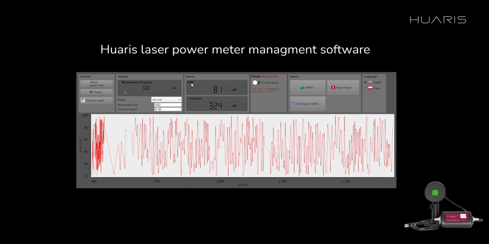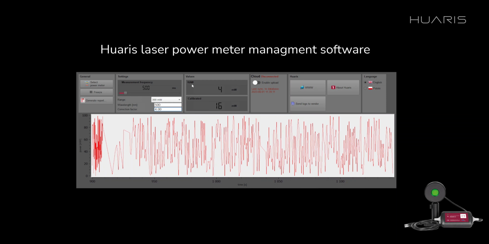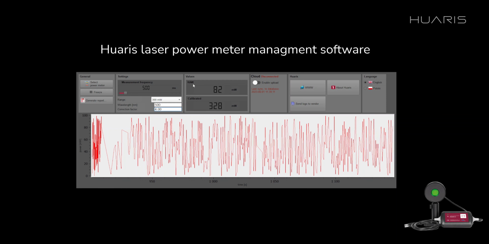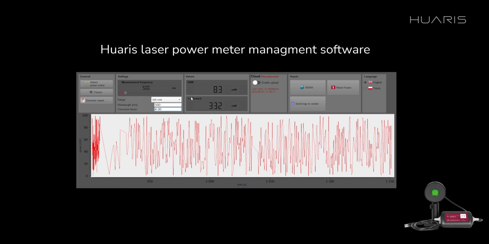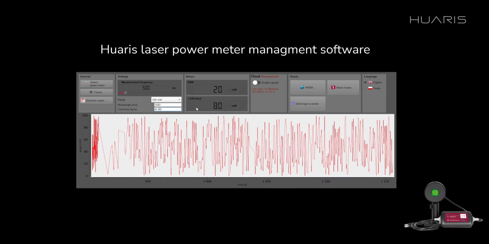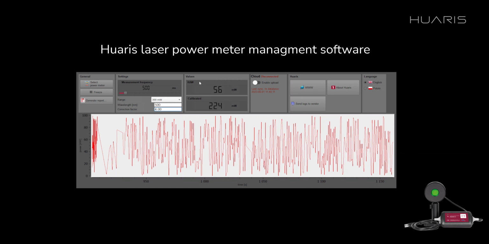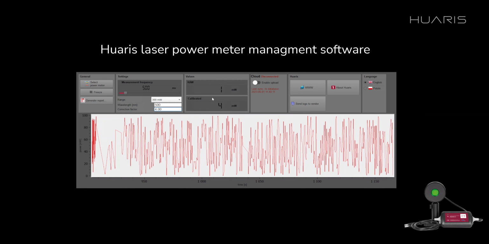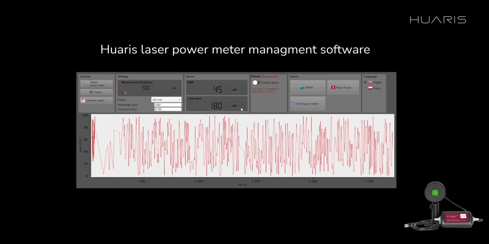The upper part, named raw, is the value that is basically delivered to the head of the power meter. Then there is a calibrated value, and the calibrated value is calculated from multiplication of the raw value by the correction factor. This is used when, for example, you have a beam splitter and you want to measure the power meter